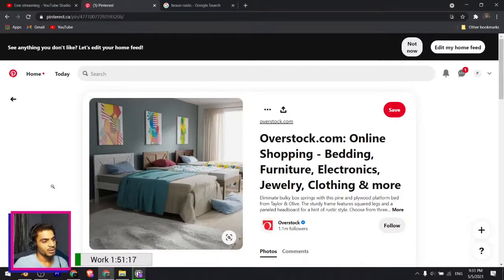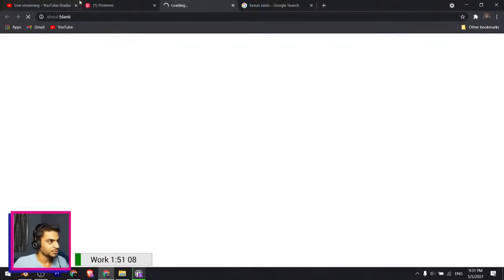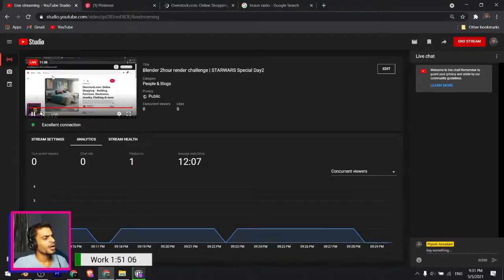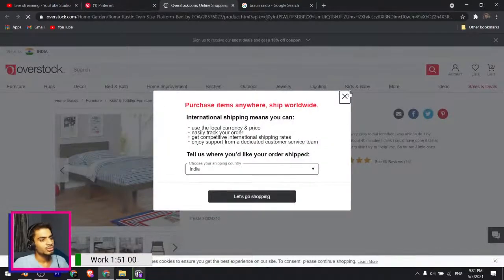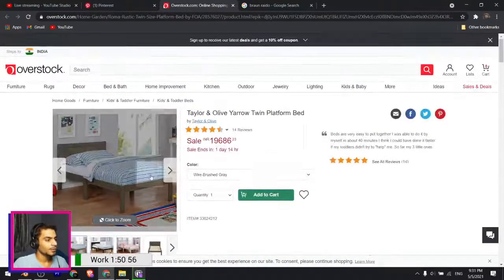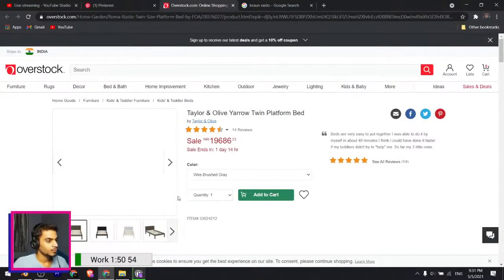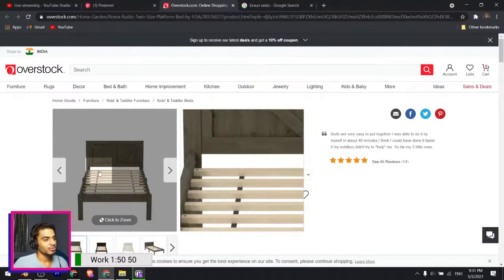Kind of like this bed structure. It's basic, but I like the basicness of it. I will stick to this one. Let's just see. I think I can turn it on. This is what I like about this website, because this gives you